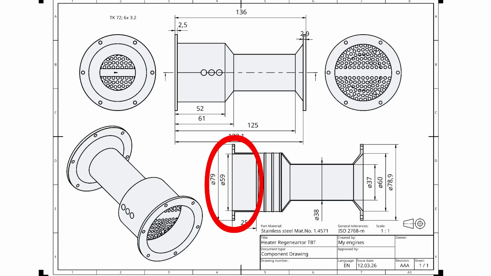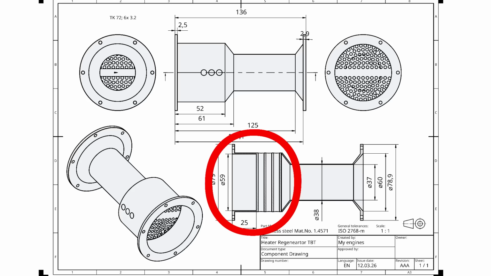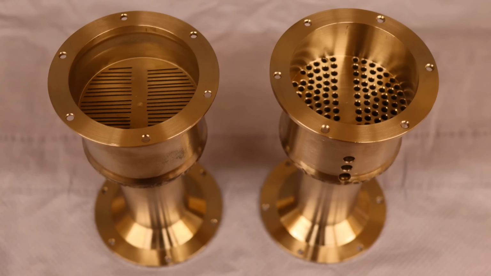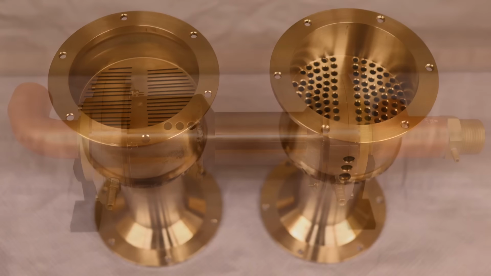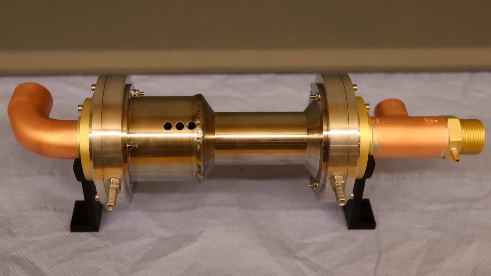The regenerator housing has a connection flange on the left side to the main cooler and is manufactured as one piece with the heater connected to the right side. The heater provides heat energy to the hot end of the regenerator through the working gas. To the left of the heater is a regenerator in the same housing, and to the right is a thermal